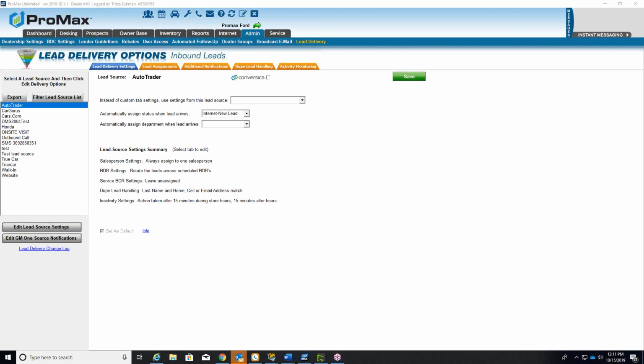So depending on who you're looking at, very, very reasonably priced. And the email template that goes out to your leads is actually totally customizable by you. So if you want to adjust the message in any way, you have total control over that. It actually is set up in your communications. You'll be able to see everything that happens in the customer work screen so that everything is just right there